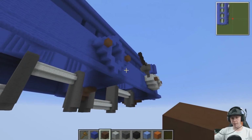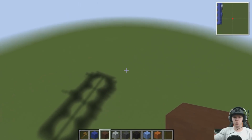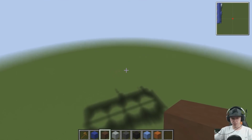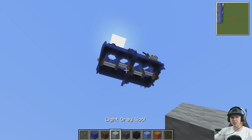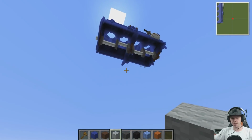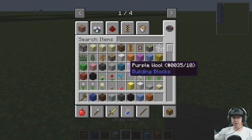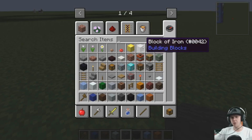Okay, piston time. So we've got 4 pistons to build. I think the best way to do this is to build one down on the ground and then move it up. It's going to require a little bit of planning and maybe a few mistakes. We're going to do the tops of the pistons in this light grey. And then I don't think I want to do them in iron blocks. I think that'll look a little bit too...